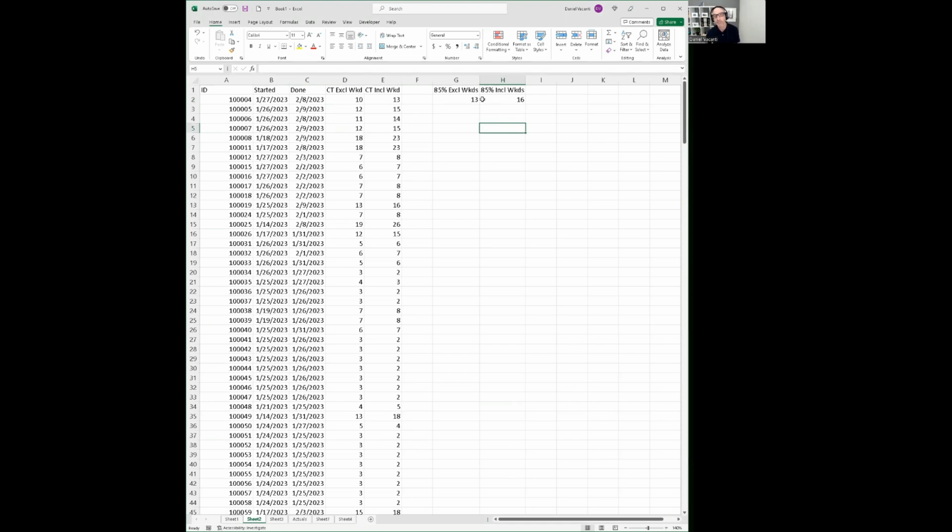Because this cycle time is right around 14 days or 2 weeks, you would expect the cycle time that includes weekends to be somewhere between 2 and 4 days longer than the cycle time that excludes weekends. Okay, so hopefully everybody's following what I'm saying right now, and this all seems reasonable to you. And you might say, right at this moment, well, obviously, including weekends inflates our cycle time. It's 3 days longer than our excluded weekend cycle time.